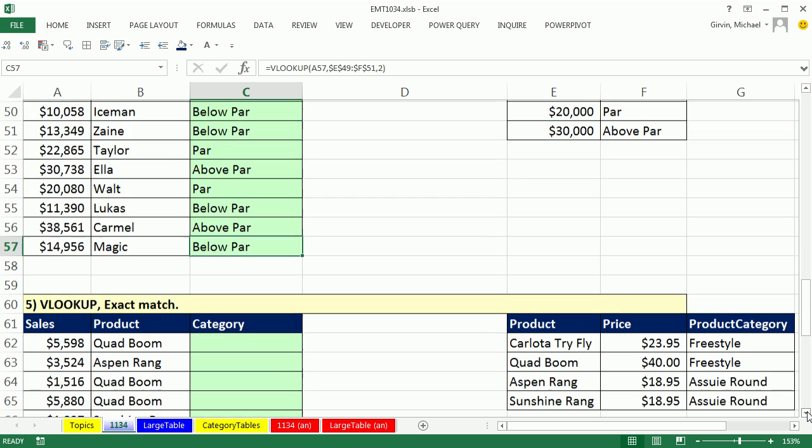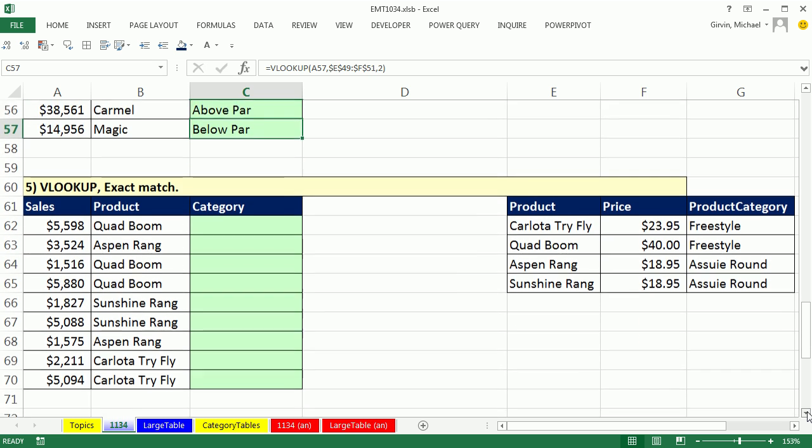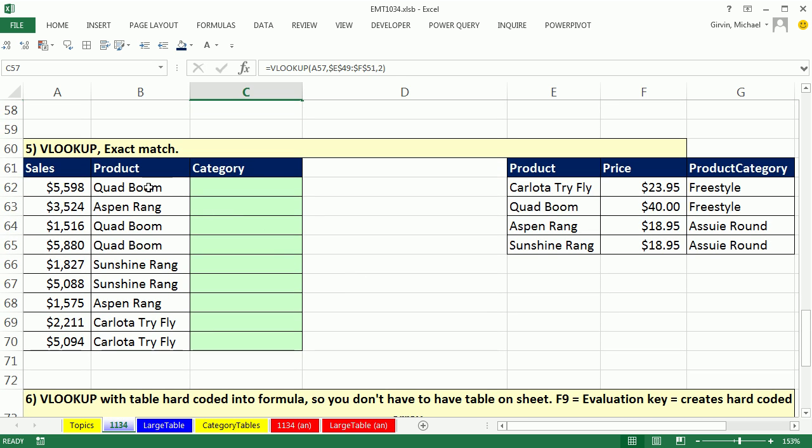Now we want to look up exact match. Here in this example, we have a product: the Quad Boom, the Aspen Quad, the Sunshine Boomerang. These are all products we've sold. Here's the sales. We need to assign a category. Here's our lookup table. We have product names, price,